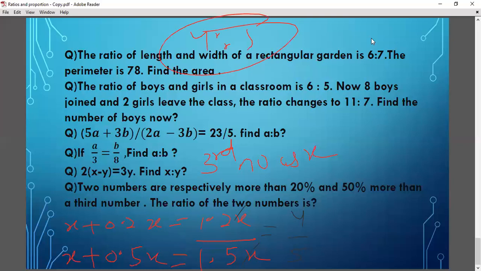These types of questions are generally asked from the ratios and proportions part. If you practice a lot more questions, then it will be easier for you to solve any question of this topic. So success lies in practice. Self-practice is very much needed in order to score good marks in any of your examinations. So best of luck and have a nice day.